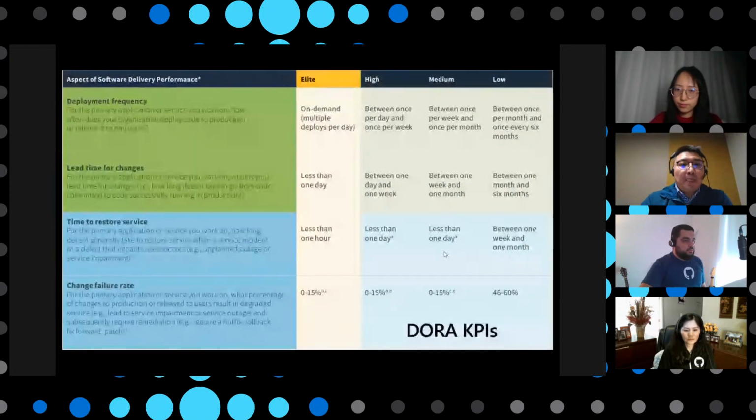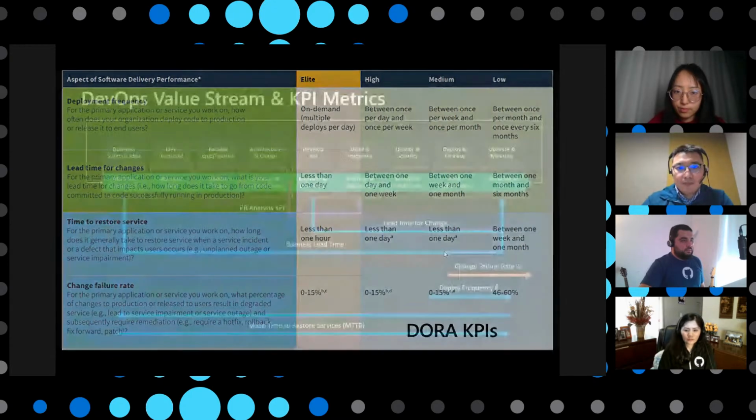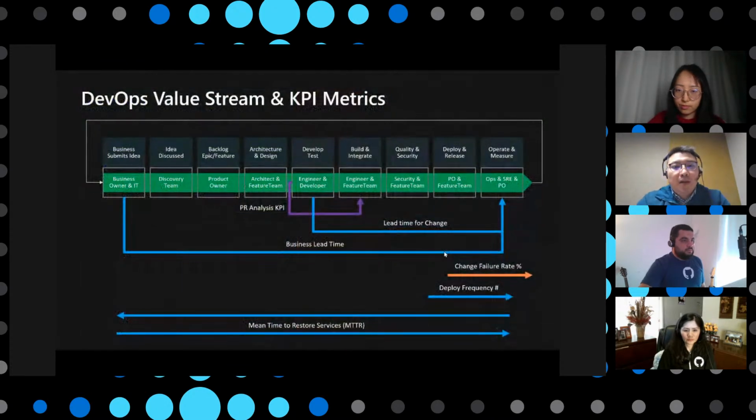And this is the maturity, or different levels, of the KPIs defined by DORA. So we have four different levels. And this is a slide introducing the difference between each of the KPIs. So as you can see,